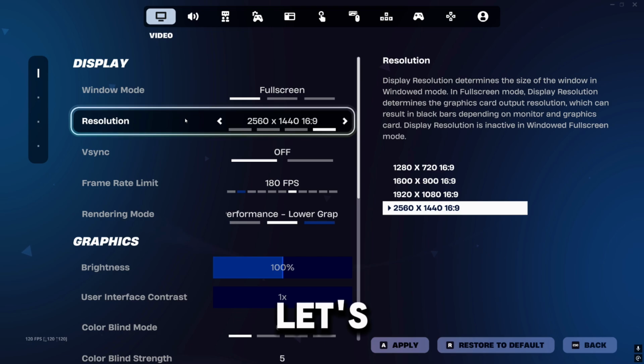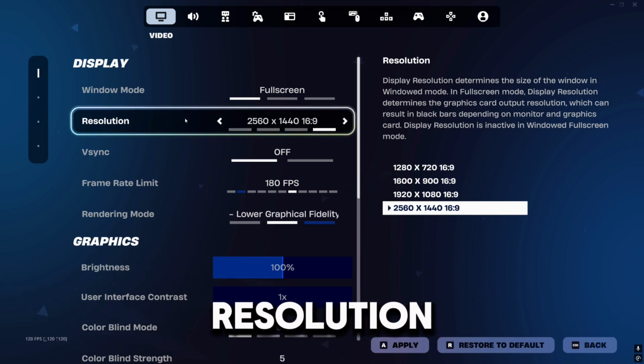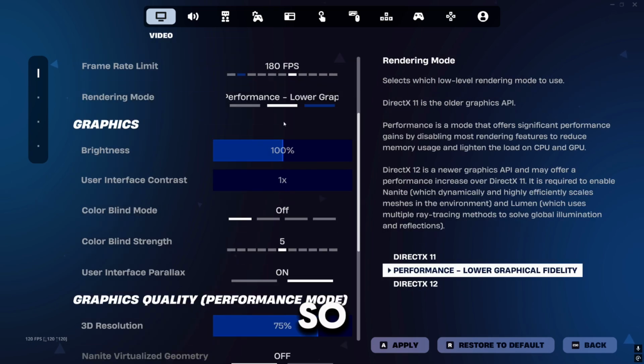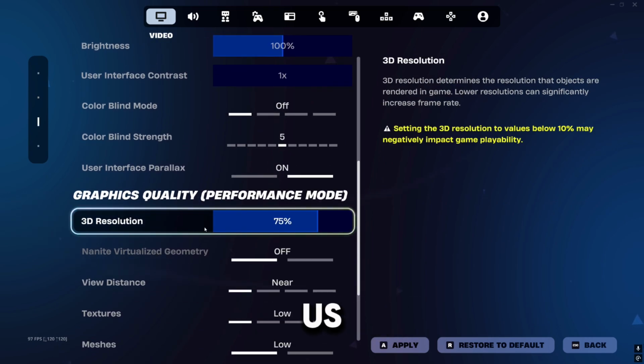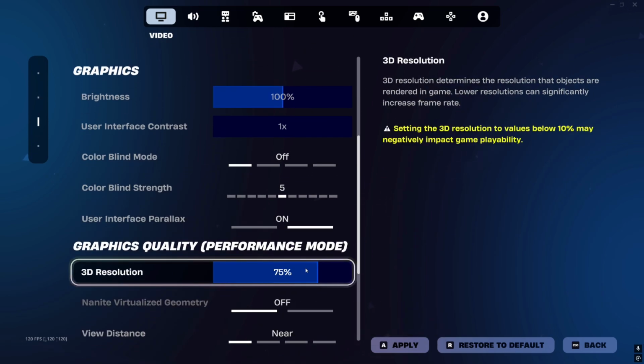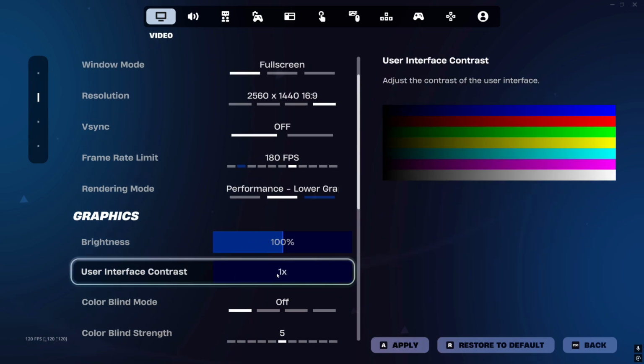Second setting, let's keep it nice and simple, okay guys? Stick with your native monitor resolution. Let me briefly explain, right? So Epic Games, right, they've provided us with a 3D resolution slider, right? And that basically controls how many pixels are displayed onto your screen, right? So